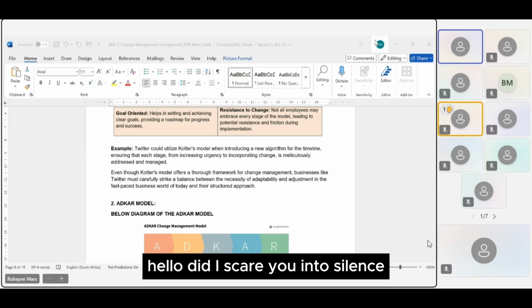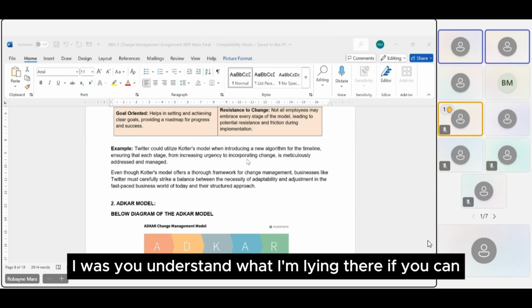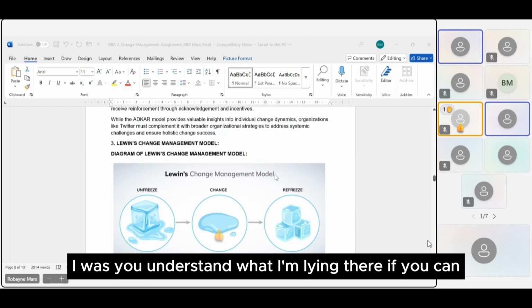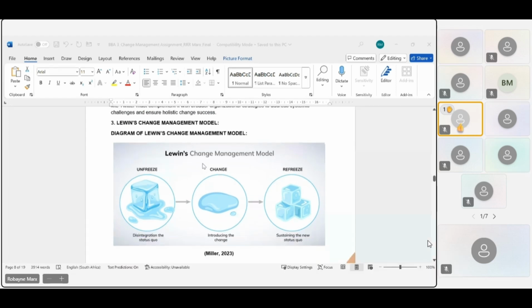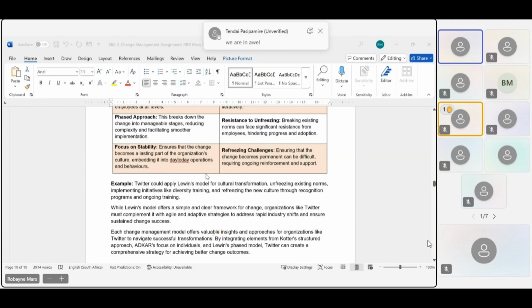Hello? Did I scare you into silence? No. Yes, I was. Do you understand what I'm saying? This is so cool. Can you reiterate the snipping tool thing? Your content will always stay. You don't need to change